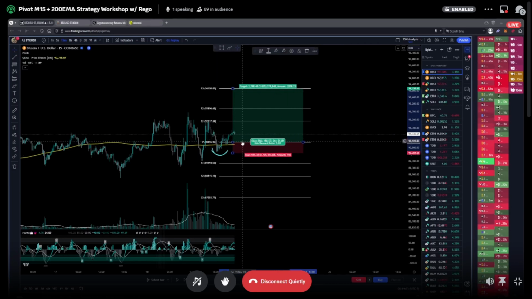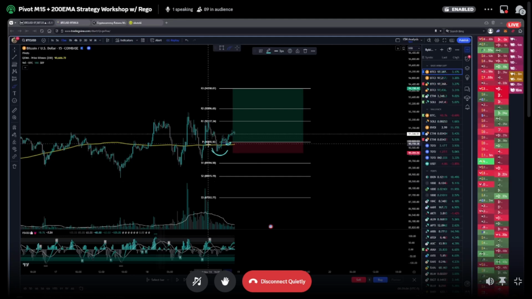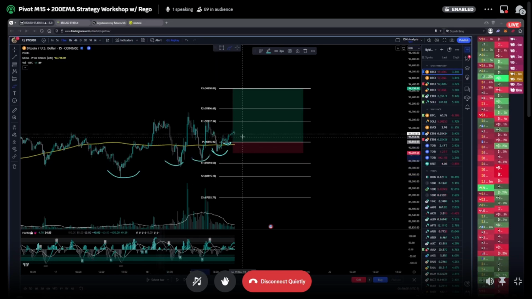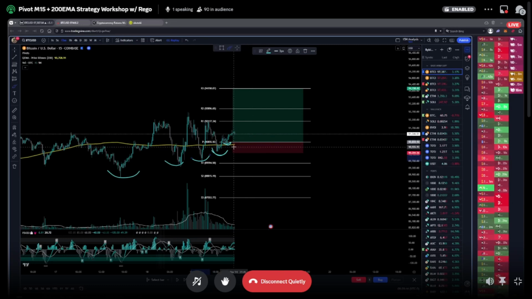Now, why do I assume this, right? Well, first and foremost, we deviated underneath, we pushed back above the pivot, and when we came back to retest, the 200 EMA was held. So I have everything to assume that this gets tighter and tighter and tighter and flips a level of interest that I'm really looking forward to. And it's super, super crucial that you're given this sort of outlook, because if